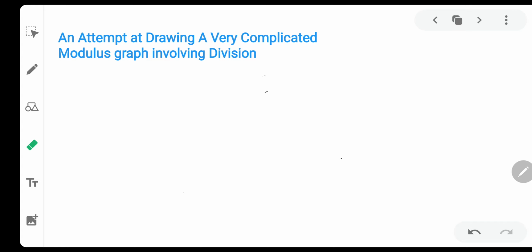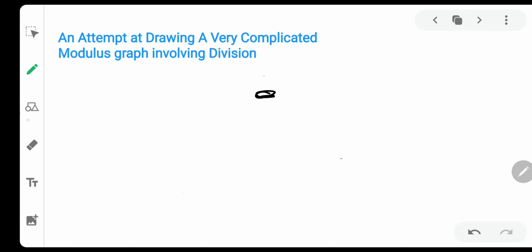It will include modulus properties, a little bit of wavy curve, derivatives, increasing and decreasing functions, and also limits at infinity, asymptotes, and many more things. So basically I'm not just going to draw the graph, I am going to discuss every particular teeny tiny detail of the graph that we are going to draw. So pay very close attention and you will enjoy all the tiny details of this graph.